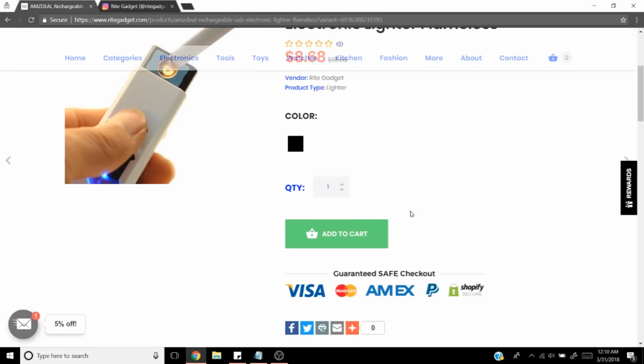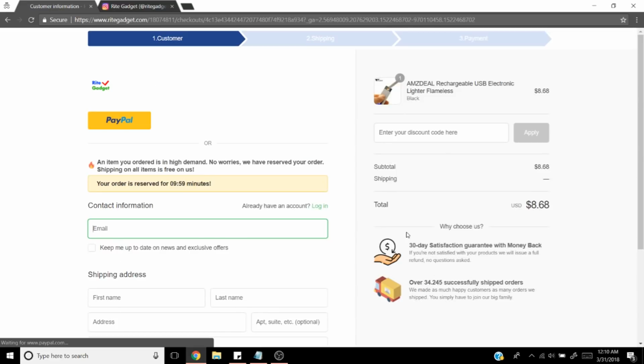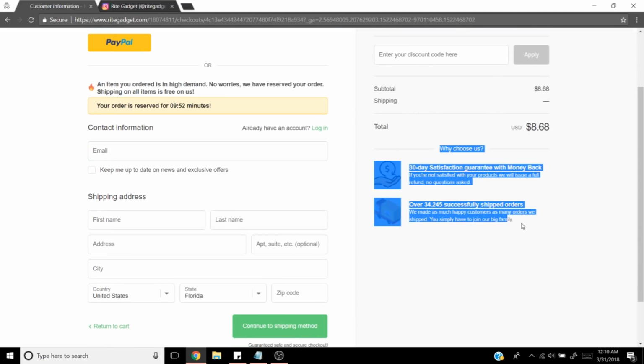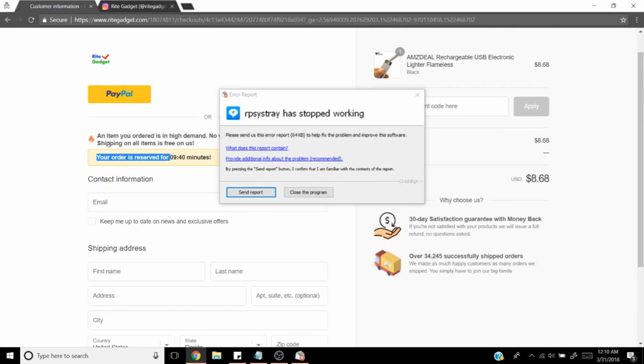So let me go ahead and look at your checkout real quick. Oh, this is nice. This is a very nice cart page that's coming up. Awesome job. Okay, let me proceed to checkout here. Shipping on all items is free on us. Oh, you have this over here too. There was another store that had this. I forget who it was, but it's very nice. I really like the way that's over there. You've got this countdown thing, which I also have on my store, which is a nice thing to have.